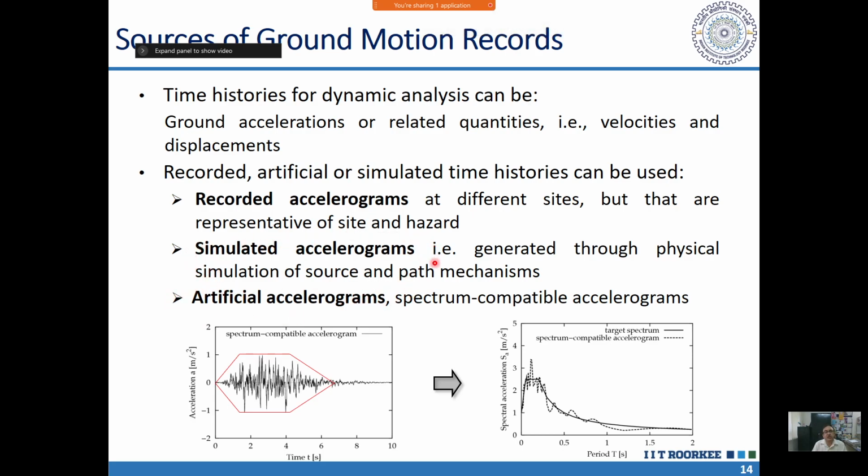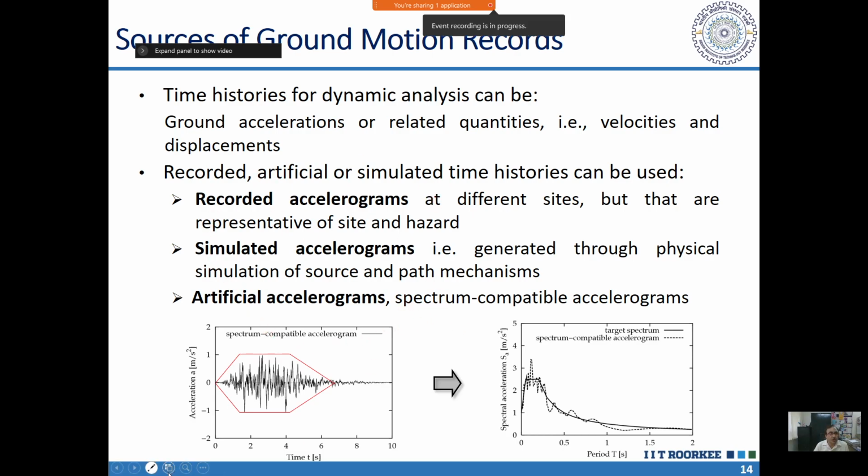We can understand these simulated accelerograms or artificial accelerograms. These do not have the natural characteristics, so characteristics may be different. So these are not desirable. Only in special situations where the recorded accelerograms are not available, or the accelerograms which are available are recorded at very different types of sites, what conditions are there at my site, only in that case we should go. Otherwise, mostly we use recorded accelerograms.